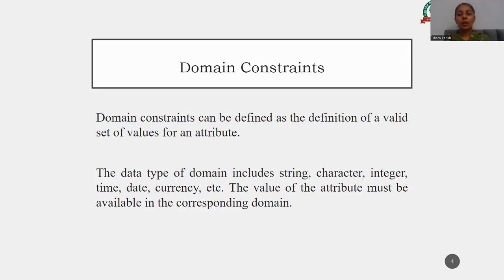To understand it, take a primary key, or we can say a roll number. Roll number or enrollment number both have a number data type. So no string or character data type should be included in our roll number or enrollment number column. We have to follow this rule in our particular database.